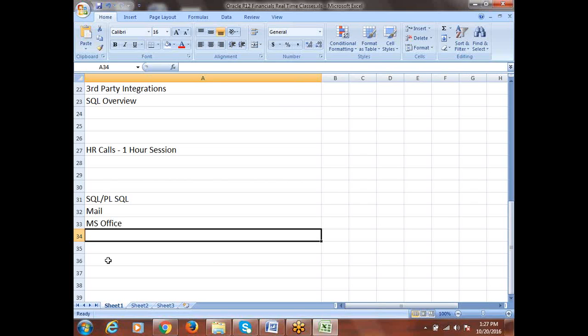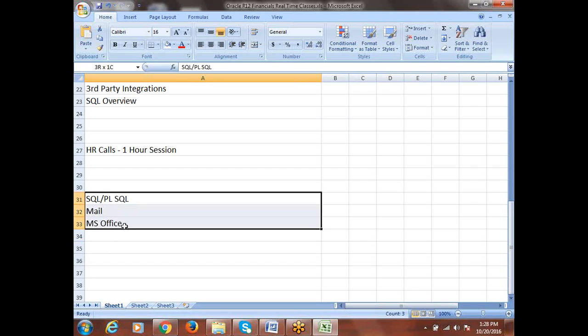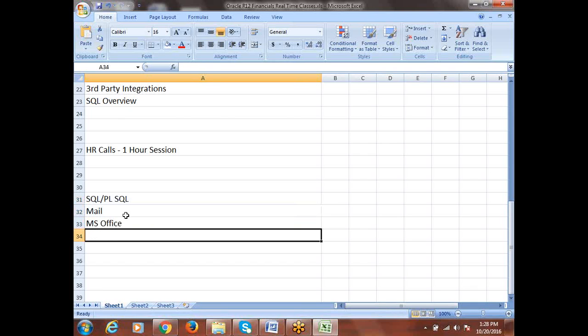Just search in Google or YouTube for MS Word basics, MS Excel basics, MS PowerPoint basics. You can get a good number of videos, go through them. That knowledge is more than enough. Try these, which may seem additional but are the very minimum for whatever profile you are going to have. These are very important points.